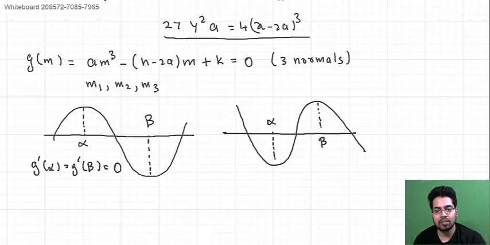Now if you look at this graph carefully, we can state that g of alpha into g of beta is going to be less than 0. Why? Because in this case g of alpha is positive, in this case g of beta is negative, so their product, positive into negative, is turning out to be negative. In this case g of alpha is negative and g of beta is positive, so negative into positive is again turning out to be less than 0. So if g of alpha into g of beta is going to be less than 0, that means